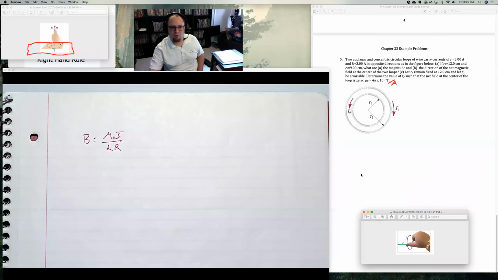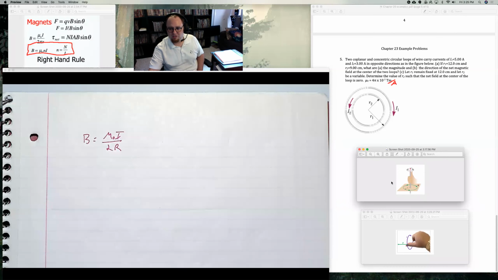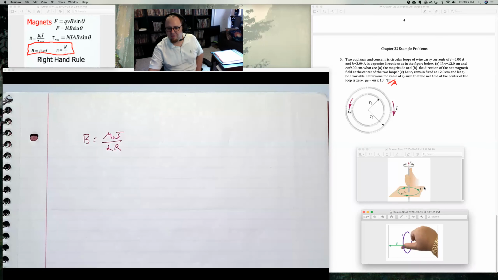I could use either one of these right-hand rules, the one we just did, or this new one. I'd probably stick to using the one we just did. I normally do, just so I don't have to memorize so many. And if I go around, I can say, okay, I1,